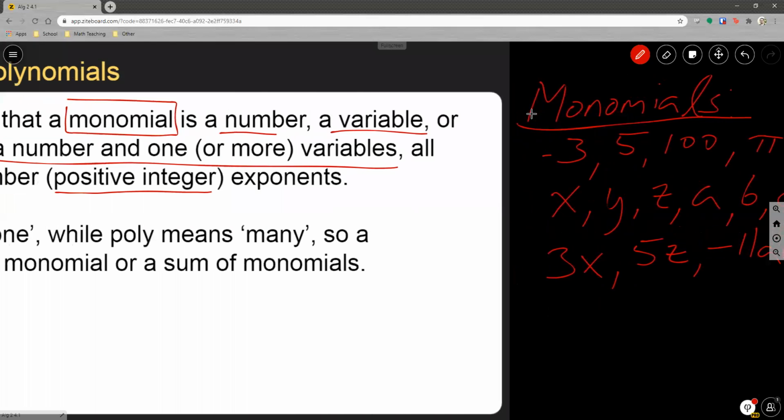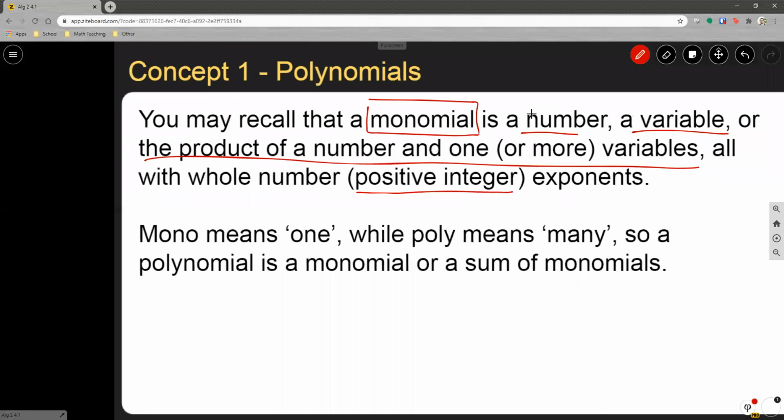So going back to finish out the definition, mono means one, while poly means many. And you might recall that from your social studies classes when you learned about world religions. A monotheistic religion would be a religion that worships one deity, where a polytheistic religion would be a religion that worships many deities or acknowledges many deities or whatever, right? This is math though, so we'll stick to